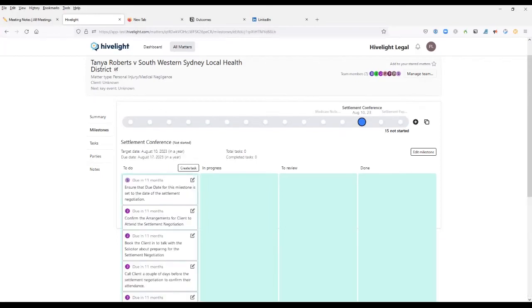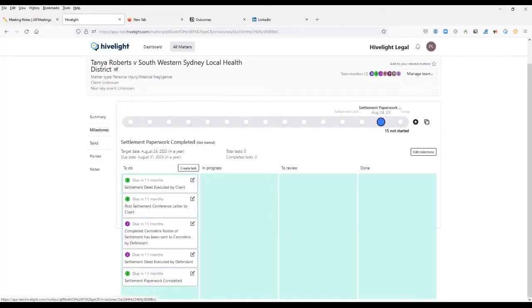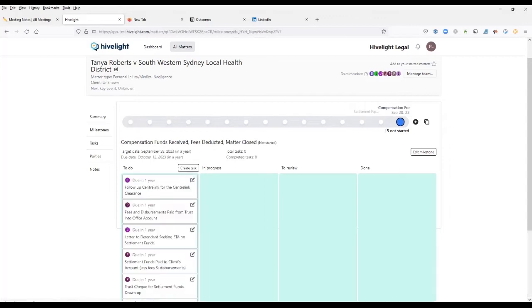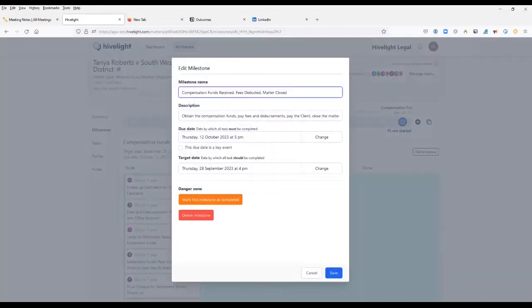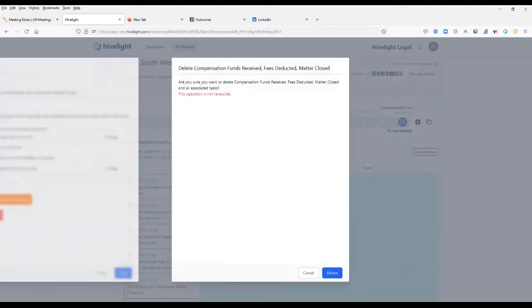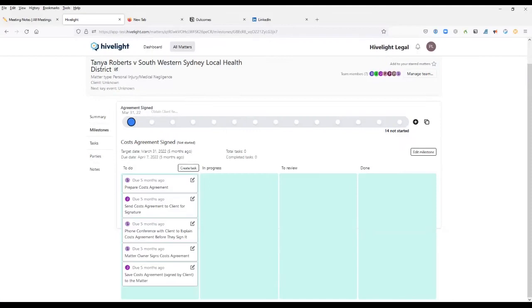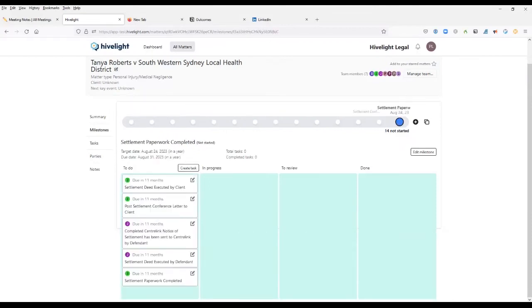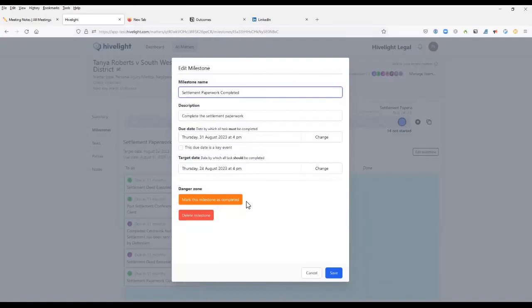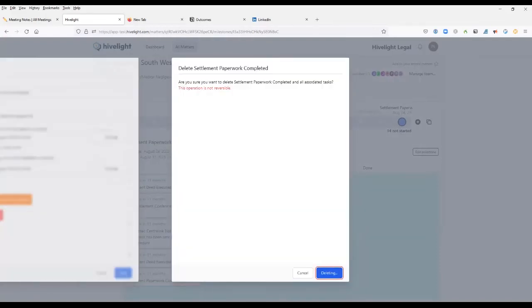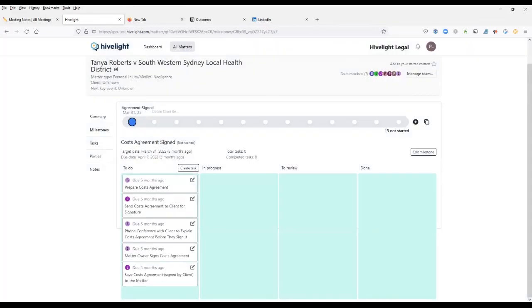So what we're going to do is trim the end of this roadmap to get rid of the parts about settlement paperwork and receiving the settlement funds, because we're saying that the attempt to negotiate it failed. So we select and delete the milestones that we don't need. There's that one, and then we'll delete the other one too. Delete that, done. So that's trimmed,